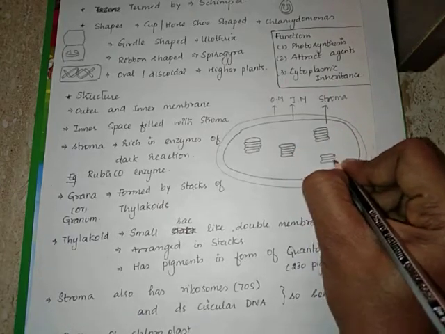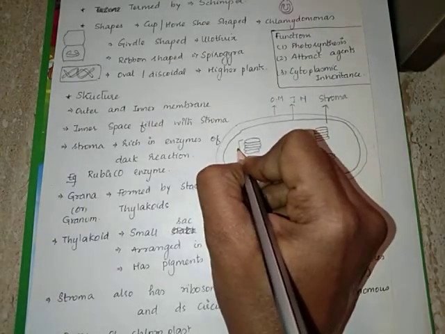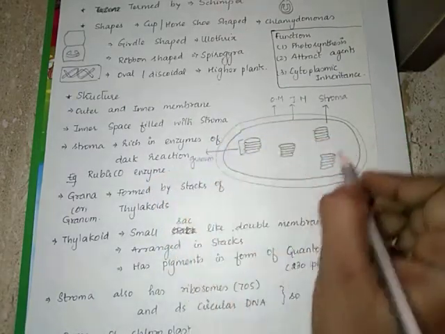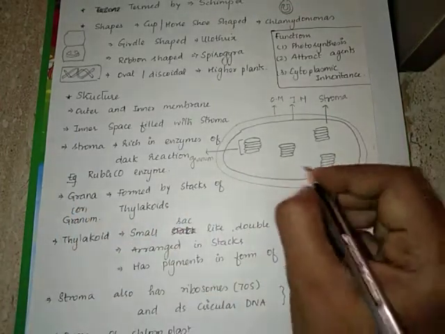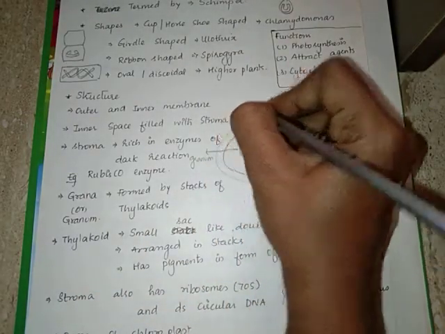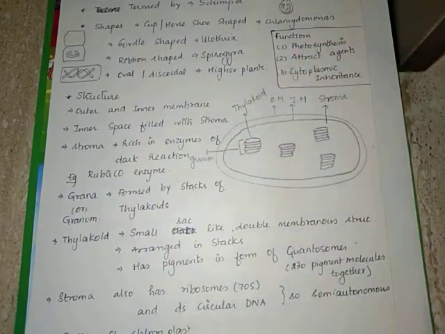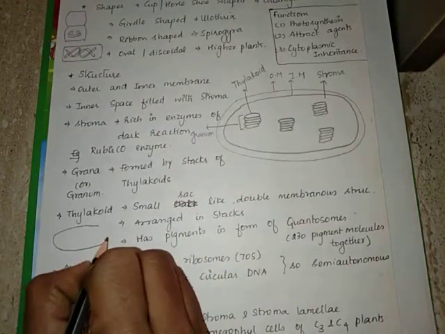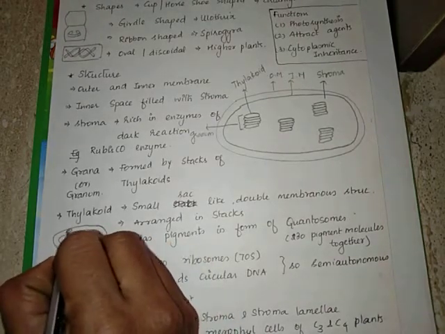The stack of thylakoids you call a granum. This one alone is a granum. All the grana of a chloroplast are called grana. So this is the singular form, and this is the plural form. So these stacks you call a granum and a single structure you call a thylakoid. And if this is a single thylakoid, the thylakoid itself is a double membranous structure and it is going to have